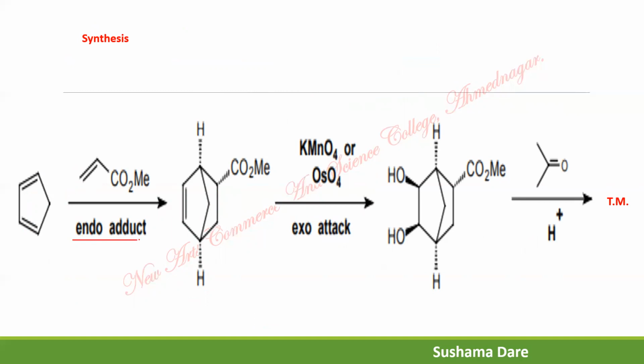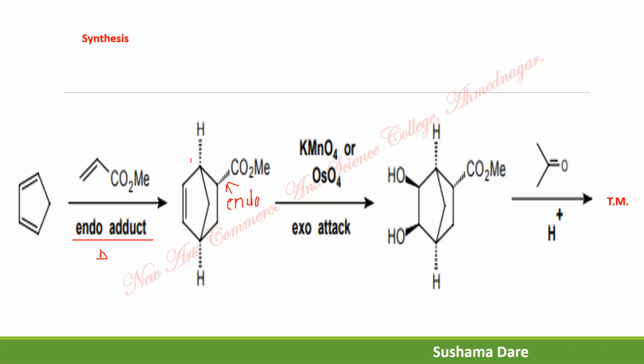Now what is this? This is an endo product. During the cycloaddition reaction, that is the 4 plus 2 electron cycloaddition reaction, it's a Diels-Alder reaction and it is a pericyclic reaction. The Alder rule tells you that during the 4 plus 2 cycloaddition reaction, the major product is always the endo product. Because of that, the stereochemistry of this group is going in a downward direction as it is a bridge compound. So instead of calling this alpha, we have to call it an endo product. The substituent is going in a downward direction in a bridge compound.